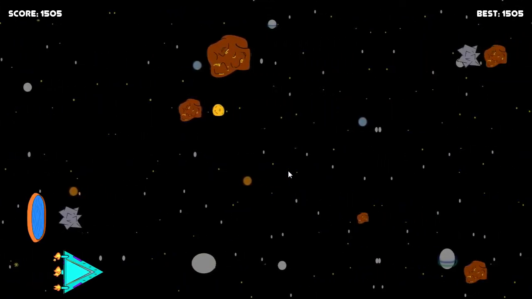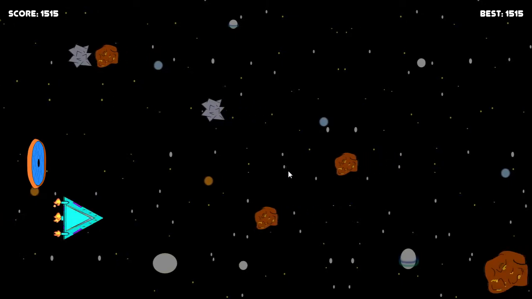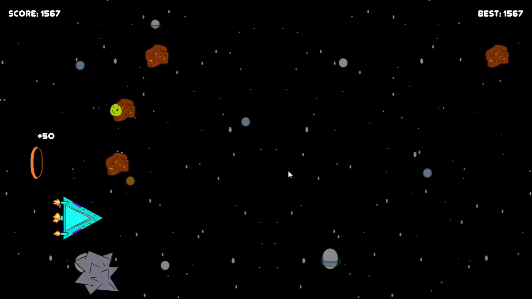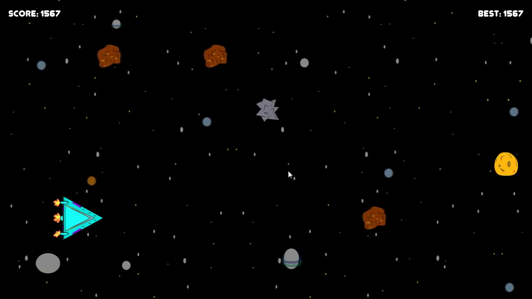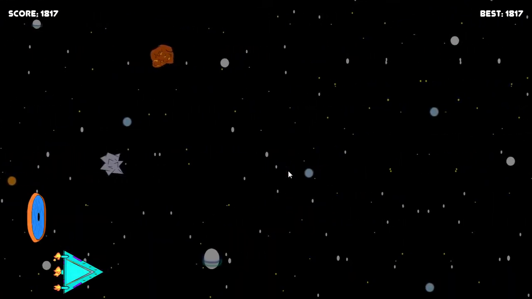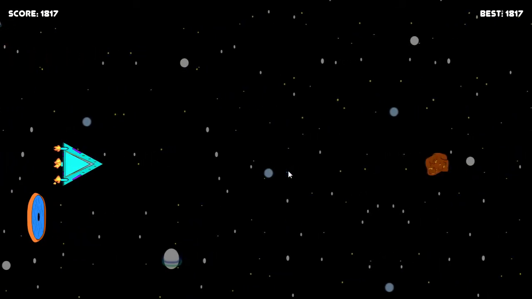So one strategy I'm finding is the moment the portal's available to you, you should just drop it. Granted, if you can predict it further, you should make sure that you place it in a location where the best asteroids are being placed. Darn it. Okay, so I keep...